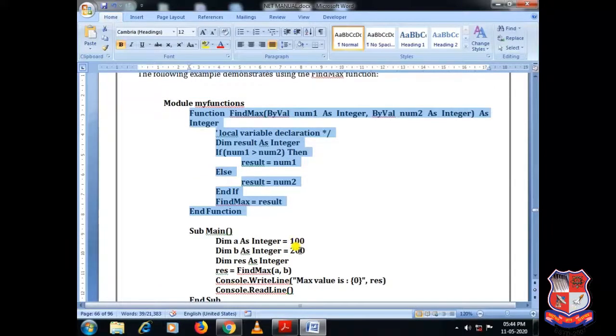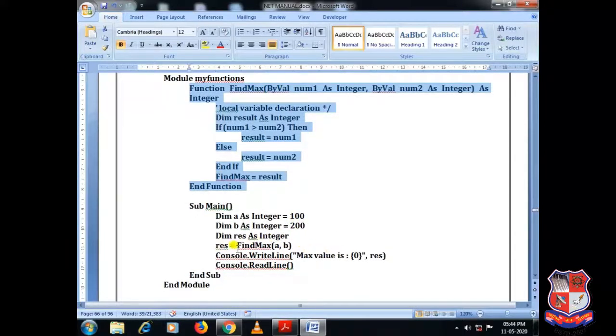So it is 100 and 200. Result equals, now it is returning something. So it is necessary for me to write down something before the FindMax, to write down equal to and variable name before calling the function. That is why whatever value FindMax(a, b) returns, that will be stored to res, and later on we can process the res as per the requirement. So this is the basic example of function.